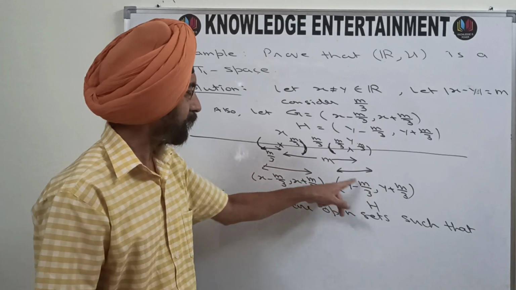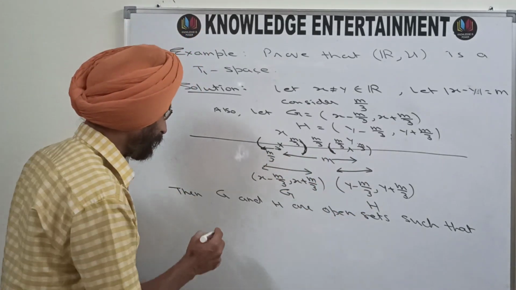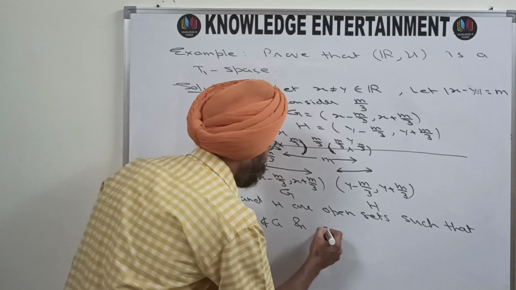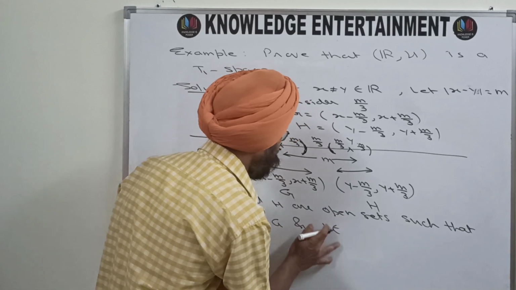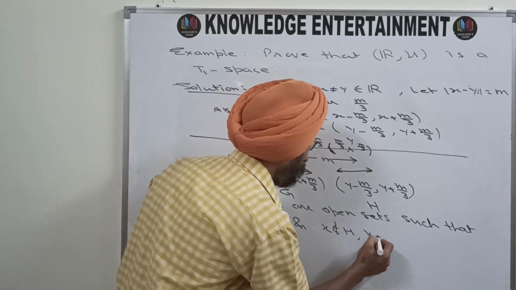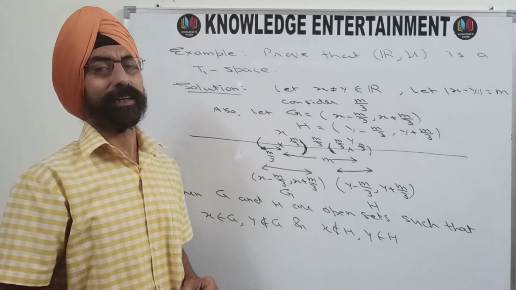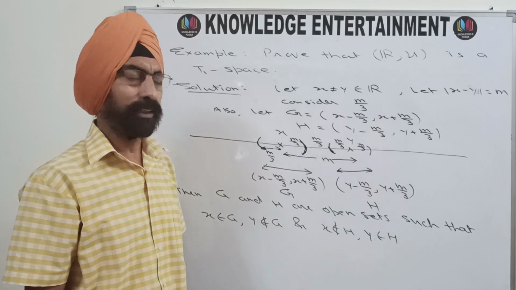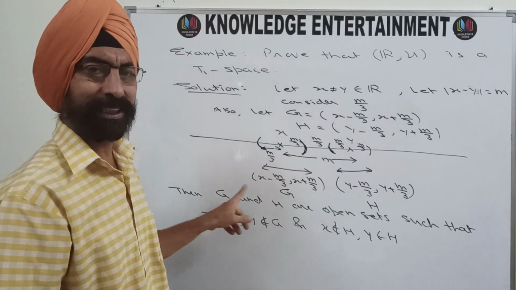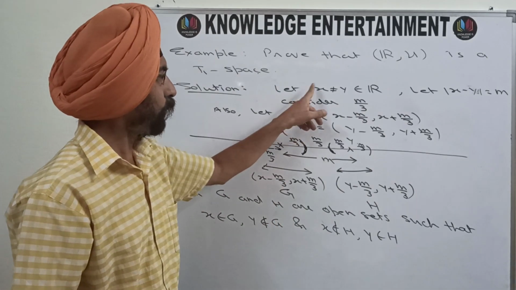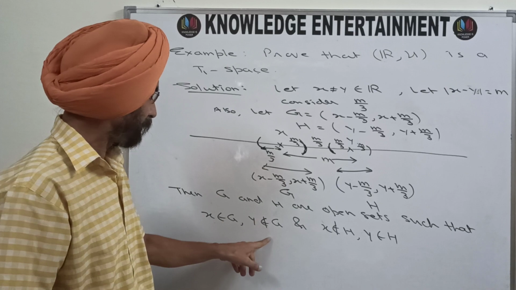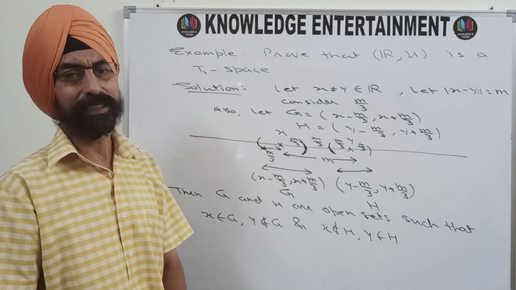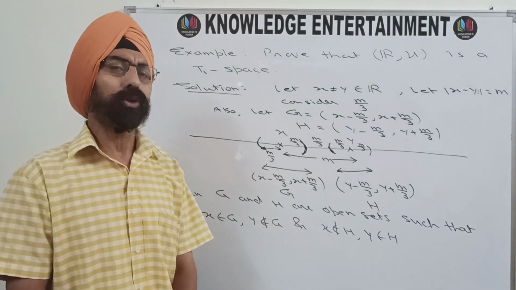Similarly, y belongs to H, but x does not belong to H. So I'm writing such that x belongs to G, y does not belong to G, and x does not belong to H, y belongs to H. So what we have done, we have taken two distinct points x and y from the set of real numbers, and we have obtained two open sets G and H such that one of the two elements, x, is in G but is not in H, and y is in H but is not in G,